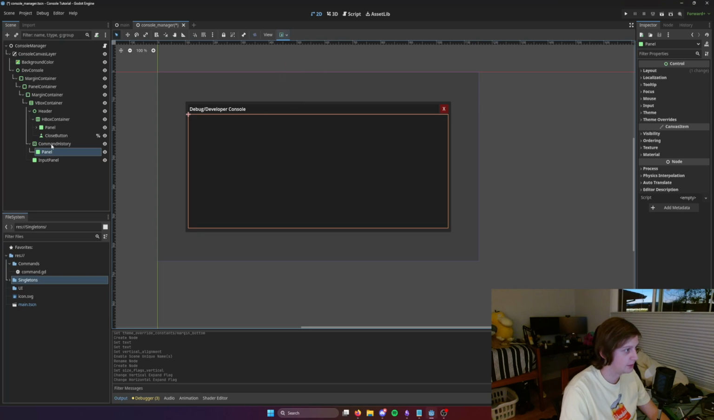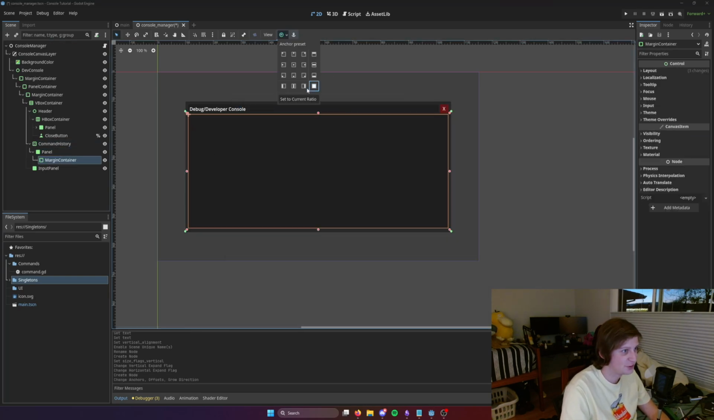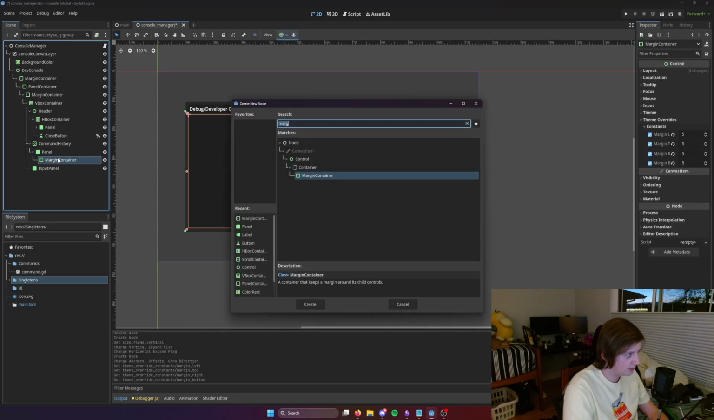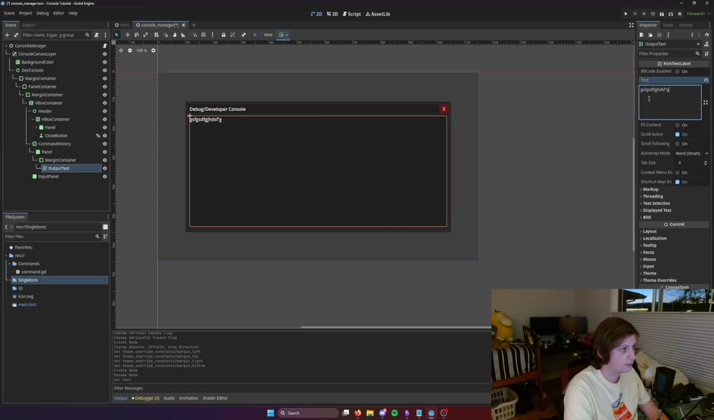We're going to fill up the entire space. Under that, we're going to have a margin container, because margins are nice. Theme overrides 5, 5, 5, and 5. Okay. And then under this, we're going to have a rich text label. I'm going to rename this to output text. This is where all of our output is going to be for the console, and the way that we have